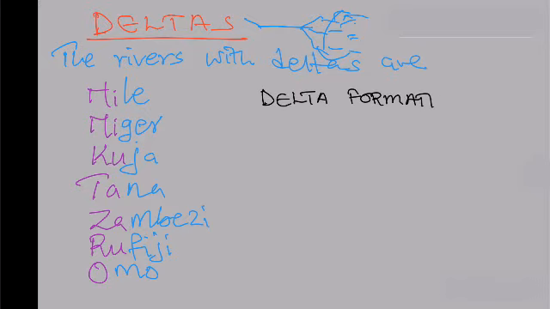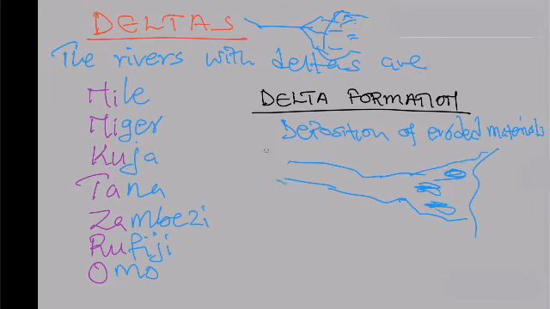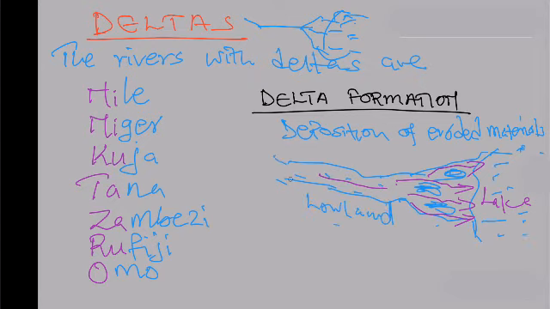Later we will learn how deltas form. That is as a result of deposition of the materials that later splits the river into several channels. And that can only be possible in a lowland region where the speed of water is very low, and so the river does not have the strength to carry the materials